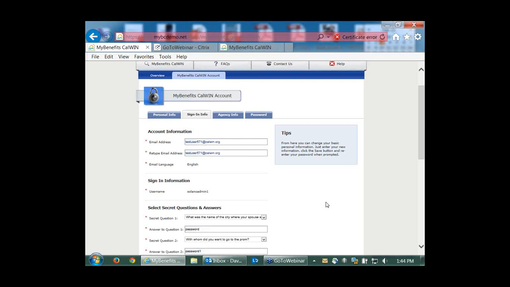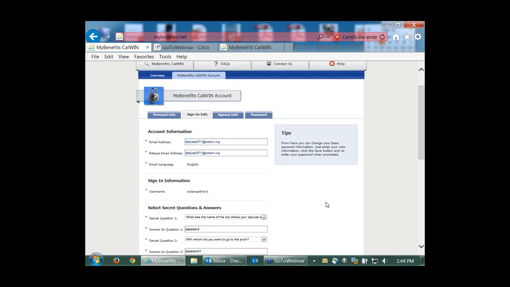The reason that we do that is that we use the email address for self-service functionality, so that, for example, if you forgot your username or you forgot your password, we send emails to you with information such as a link to help you reset your password, and or if it was a forgot username situation, we would email your user ID to you. And so that's really the only point of the email address, but obviously if it's incorrect,